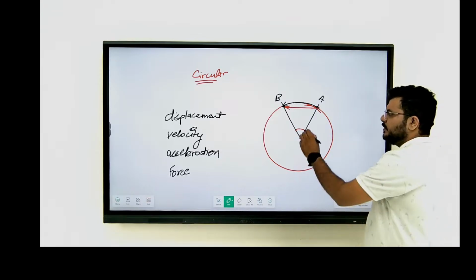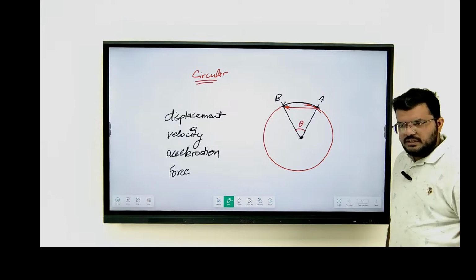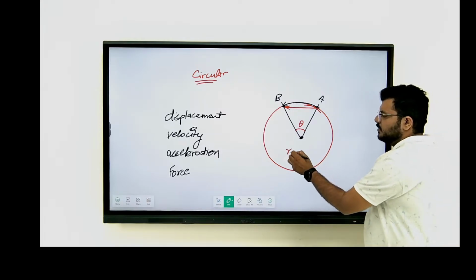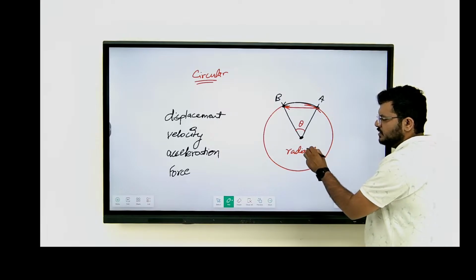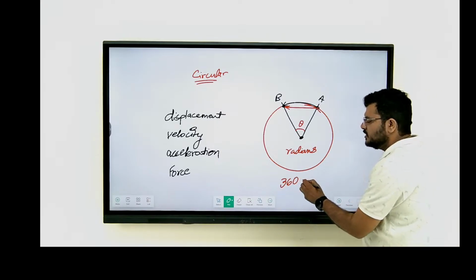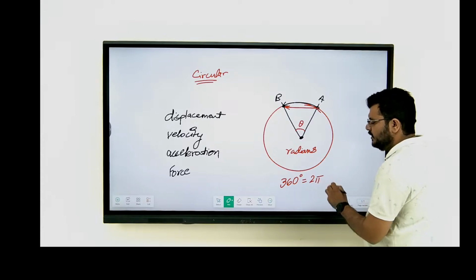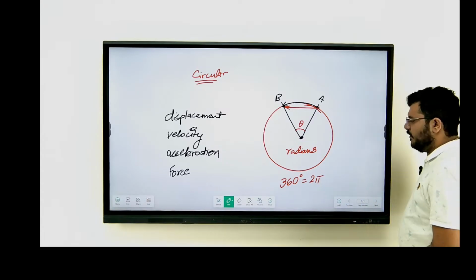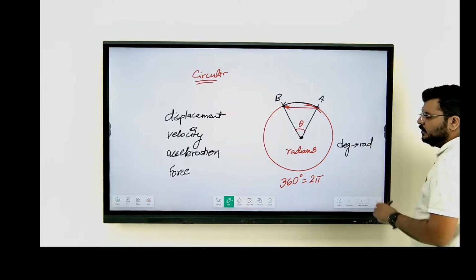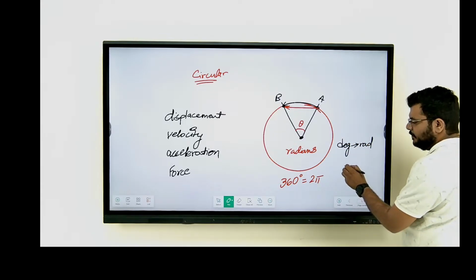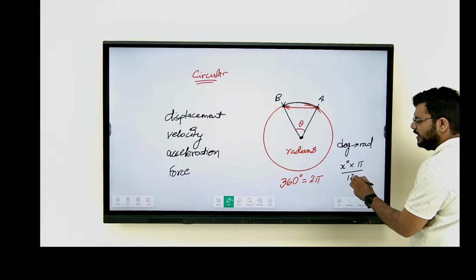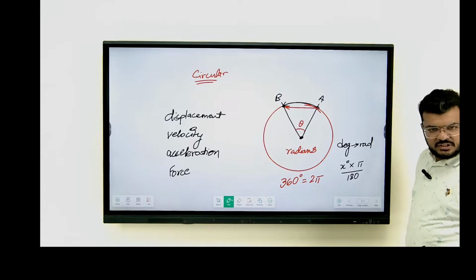This angular displacement is denoted by letter theta, and we know that this can be measured best in radians, right? So we say that 360 degree is equal to 2 pi radians. So if I want to change degree to radian, what will I do? I will take that degree, x degree multiplied by pi, and then divide the whole thing by 180. It changes this to,